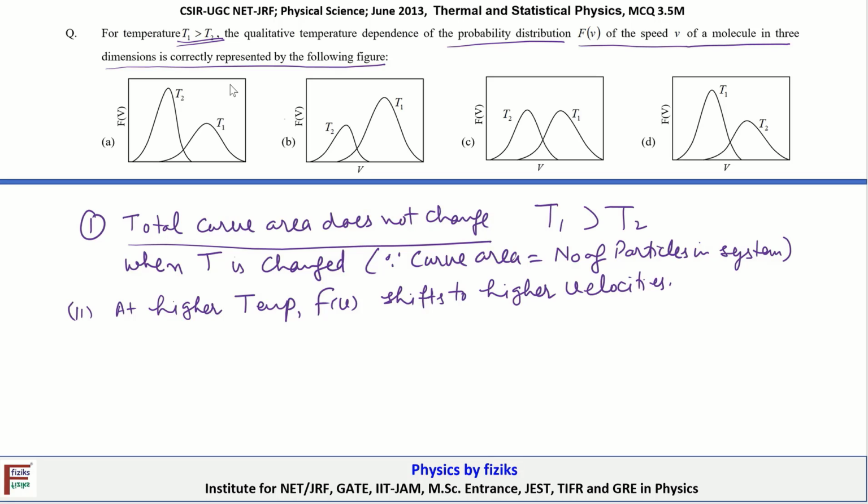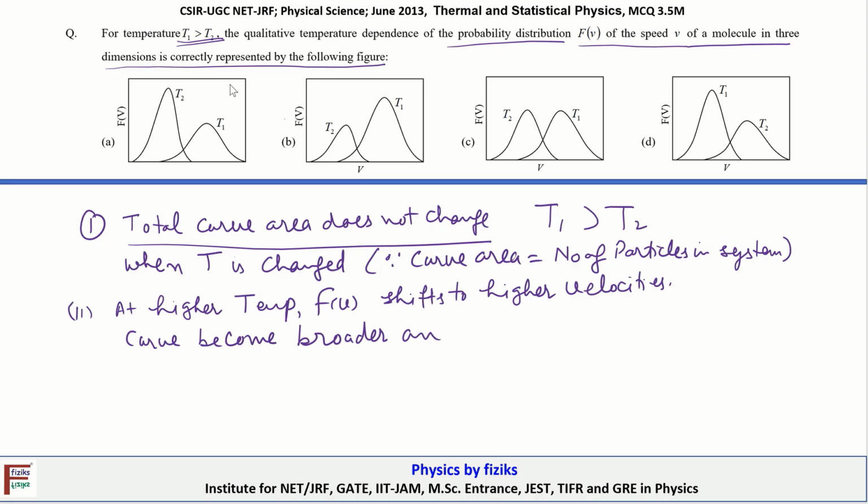This is because when we are increasing the temperature of the system, certain gas molecules will acquire higher energy. That's only feasible when this curve shifts to higher velocities. Another important point to note is that at higher temperature, the curve becomes broader